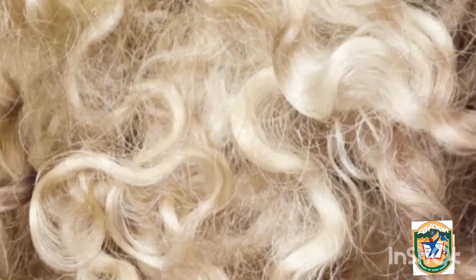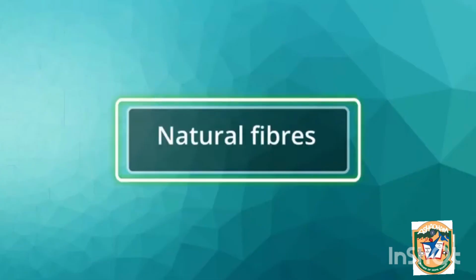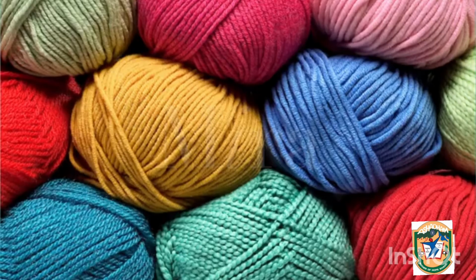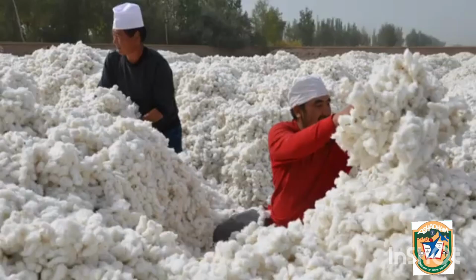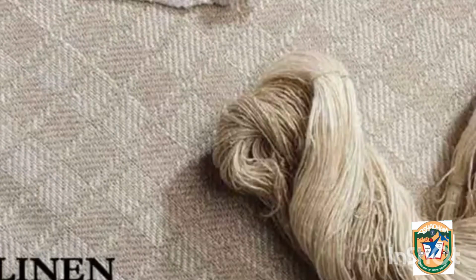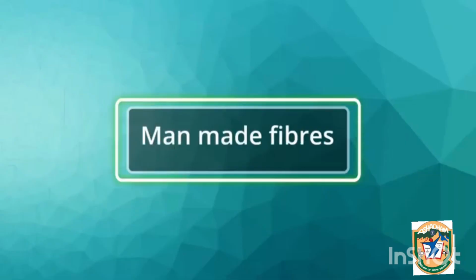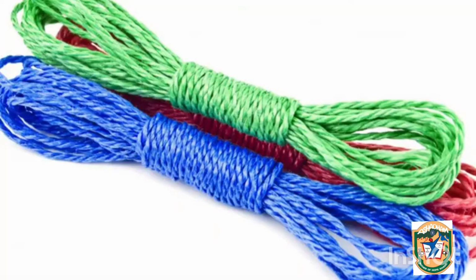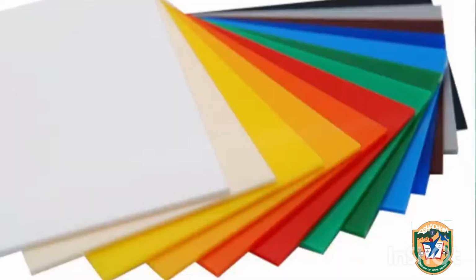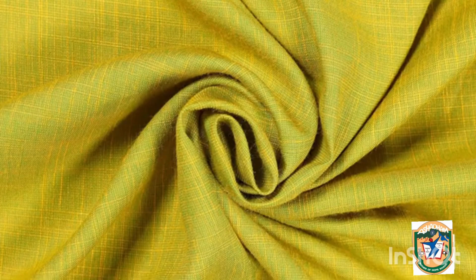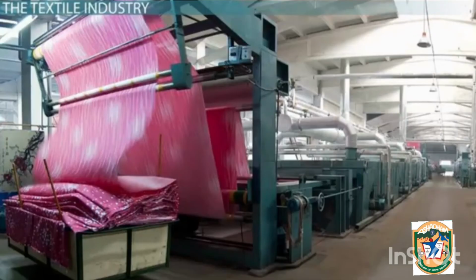Fibers can be either natural or man made. One can obtain natural fibers from jute, silk, cotton, linen and wool. Nylon, acrylic, rayon and polyester are a few examples of man made fibers. This industry is often described as one of the world's oldest industries. Until the Industrial Revolution took place during the 18th century, looms along with hand spinning techniques or wheels